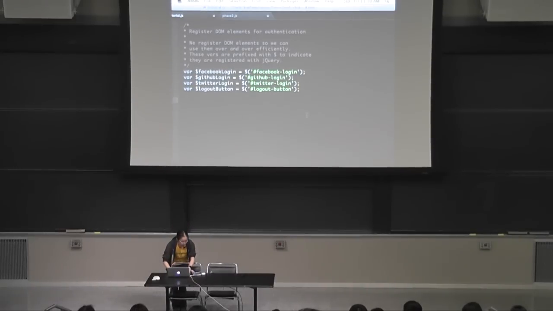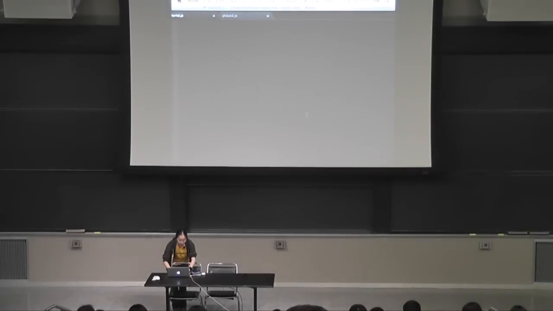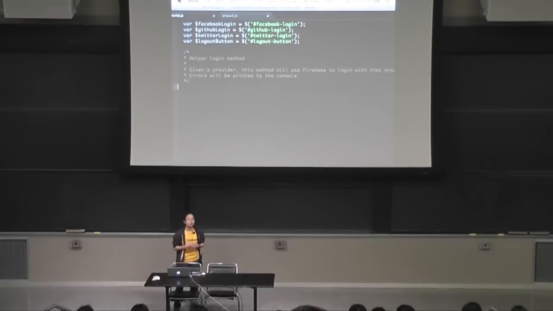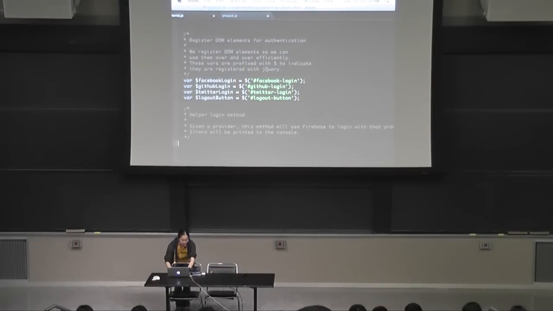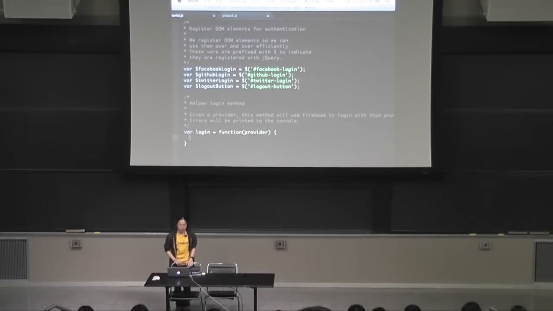All right, so once we register our DOM elements, we actually want to create some logic. So we're going to have a helper login function. A lot of the functionality is the same when you use Firebase to authenticate with social providers. So we're going to create a little helper method to help us log in based on which social provider we want to use. So here we can do login as a function. We'll store a function in it. It will take in the provider. Based on the provider, we'll use our root reference to auth with